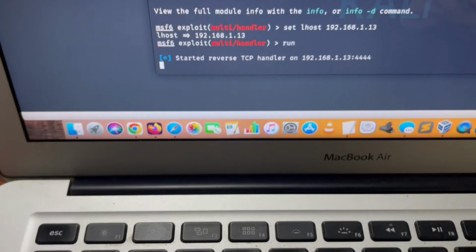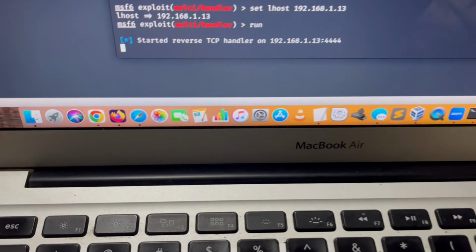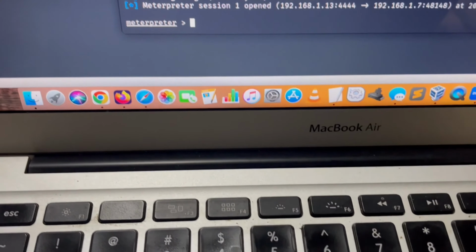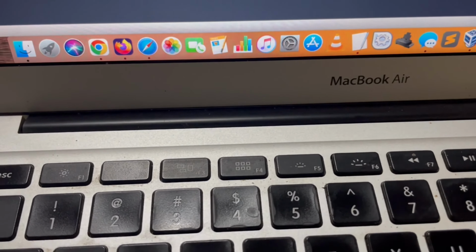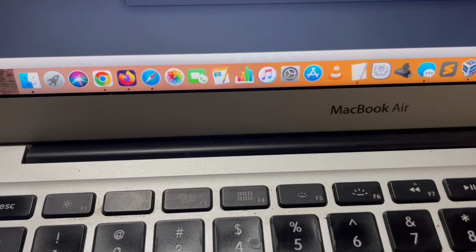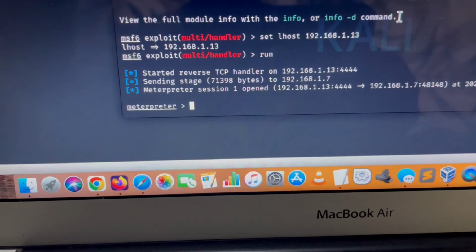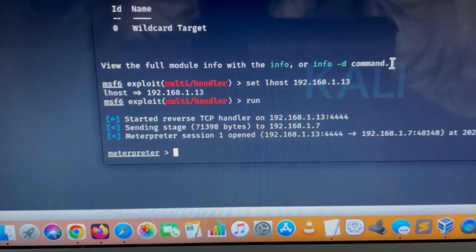Okay, so install anyway. Okay, then open. I'm using one hand to do this. Okay, so as you can see, we have here the Meterpreter session opened, meaning the computer can now communicate with the Android phone.